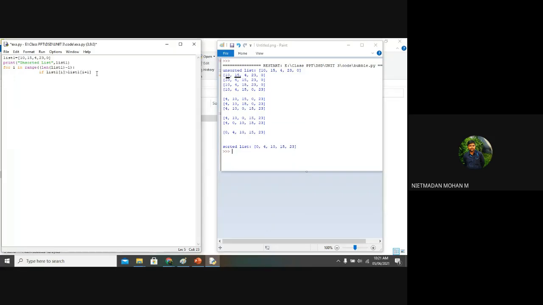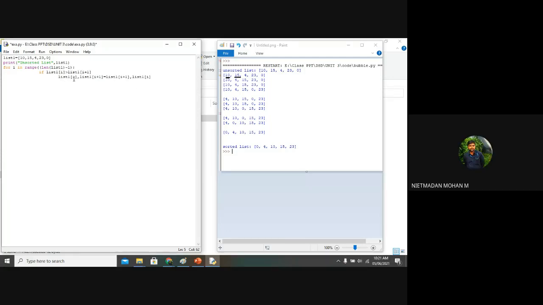We already studied this swapping technique: list1[i], list1[i+1] = list1[i+1], list1[i]. Do you remember this swapping technique?